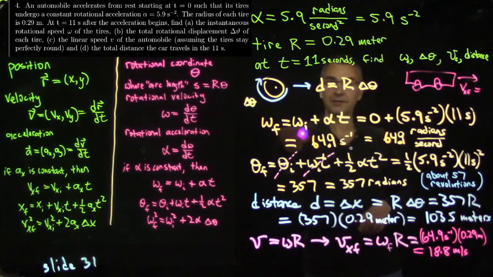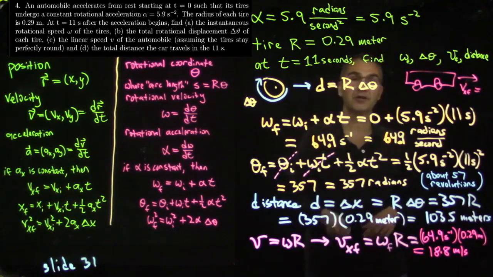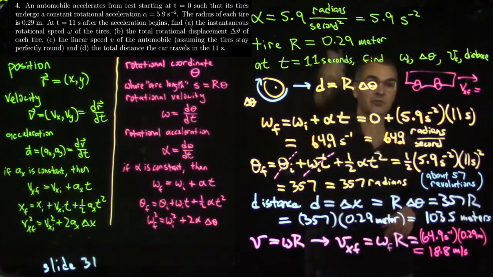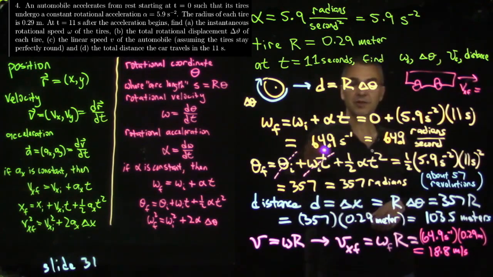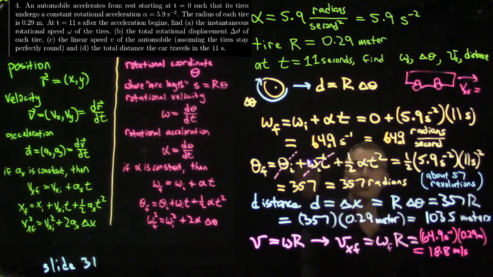So omega final is omega initial plus alpha t. So that's this equation. Omega initial is 0 because we started from rest, where the initial rotational velocity is 0, and then we underwent a constant angular acceleration alpha. So this is just 0 plus alpha t. Alpha is 5.9 per second squared, which is the same as 5.9 radians per second squared. T is 11 seconds. You multiply those two together, you get 64.9 per second, which is the same as 64.9